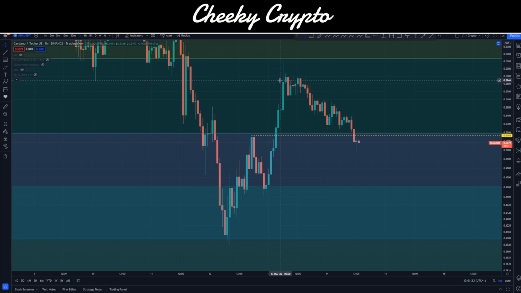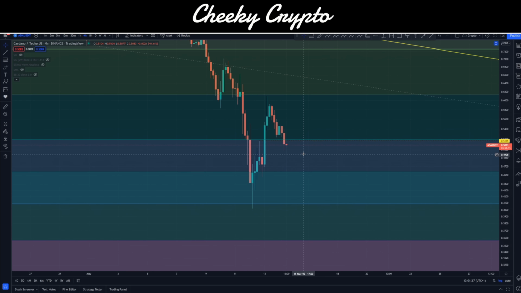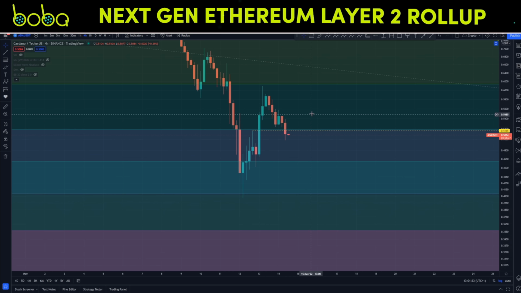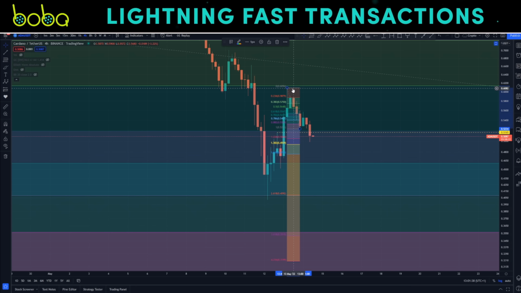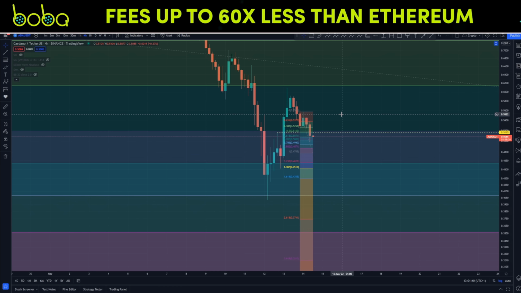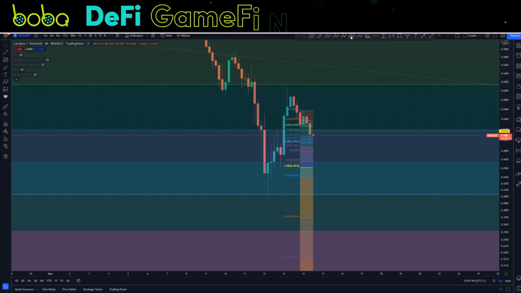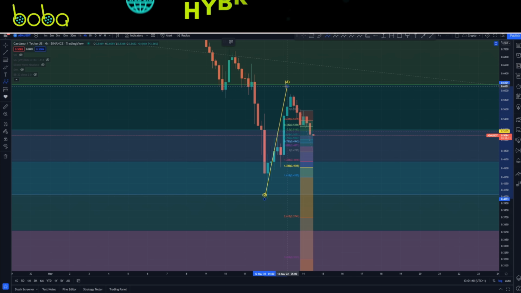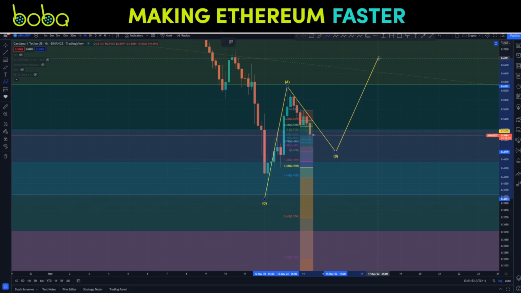Now, if we actually think about this on a slightly bigger scale, if we jump up into the 4-hourly chart, for example, we could actually start to take a look at this as a giant A wave, this being a retracement, and then potentially pushing up higher. Now, we don't really have any good bounces here. We could obviously probably take a look at it from this perspective, moving down. If we were to do that, then it would give us an approximate target of about 47.85 before we start to see the reversal. So what I mean by this is that we have this large A wave coming on up here, this B wave coming down towards our 47.8, and then we surge on up.